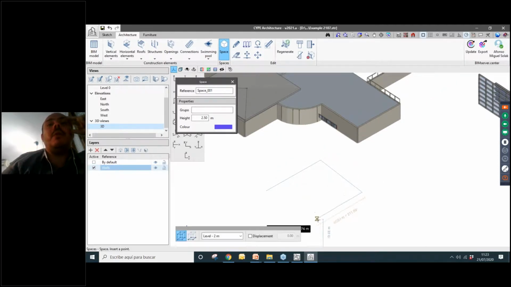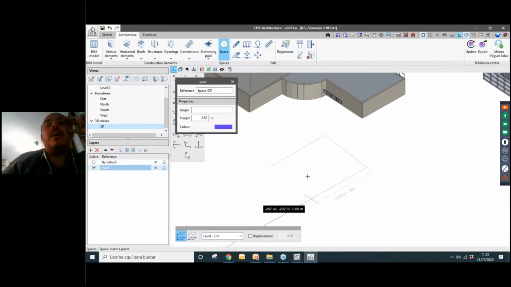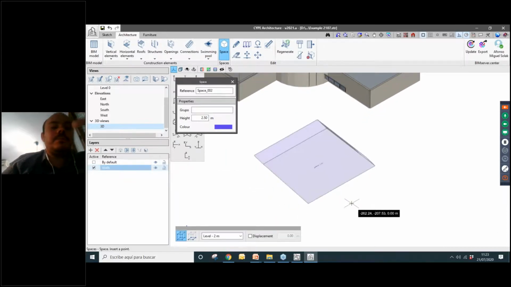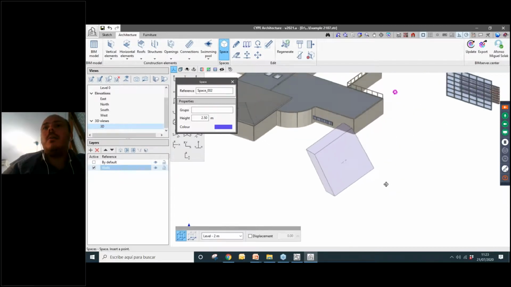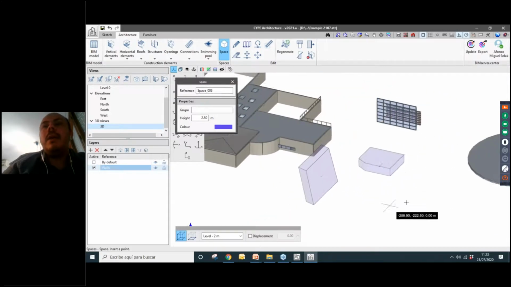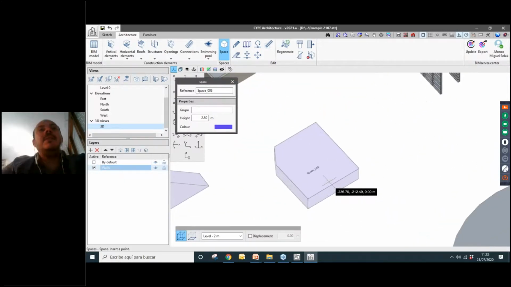Okay, that could be, for example, a coplanar surface. That could be, for example, my kitchen. Okay, it was not a coplanar surface, it was something strange here. Let's do it again. Now it's better. Okay, and these elements, these spaces, will be used to generate our analytical model when we export it to BIM